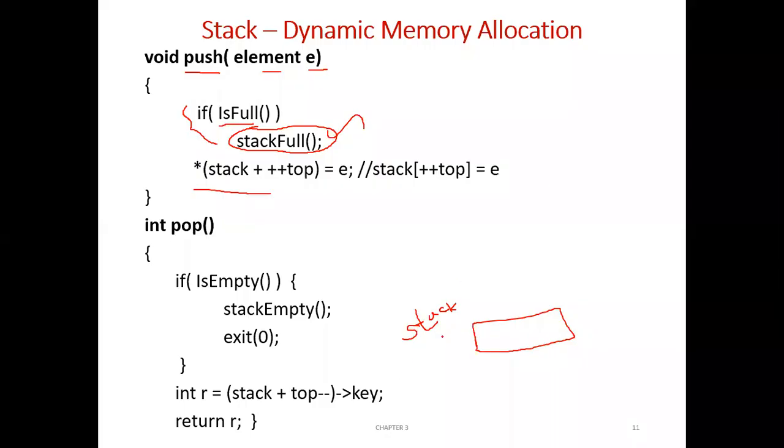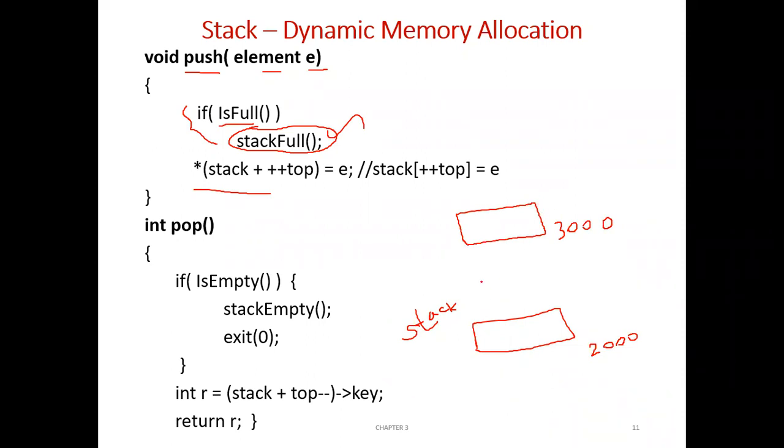So if there is a memory for stack, stack is a pointer, so it will also have some address. Say its address is 2000. When you use malloc for the first time, 4 bytes will be allocated where one element of stack can be stored. This will also have a starting address. Let us assume its starting address is 3000, and its ending address will be 3003.